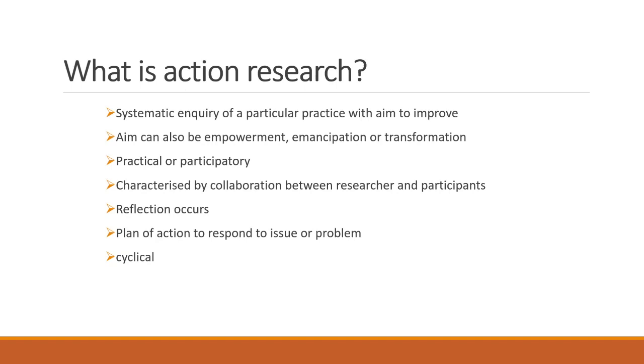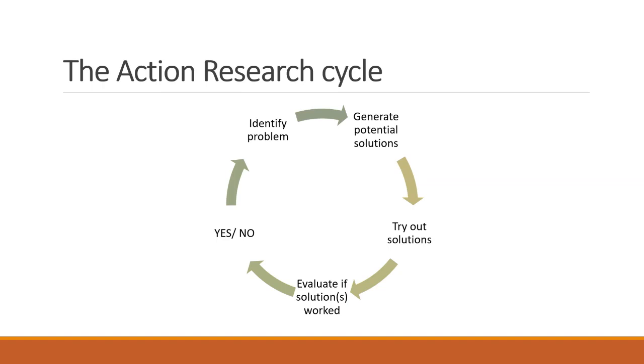Reflection. In many of the qualitative research designs, there's a lot of reflection that happens along the way. And you come up with a clear plan of action to respond to the issue or the problem. And it's very cyclical, right? So it's not beginning here and ending there. It's also about sustainability. So it's cyclical in that it keeps going and going, ideally to end poverty. And this is the cycle. This is just an example of what I've just explained right now, so I won't dwell on it.